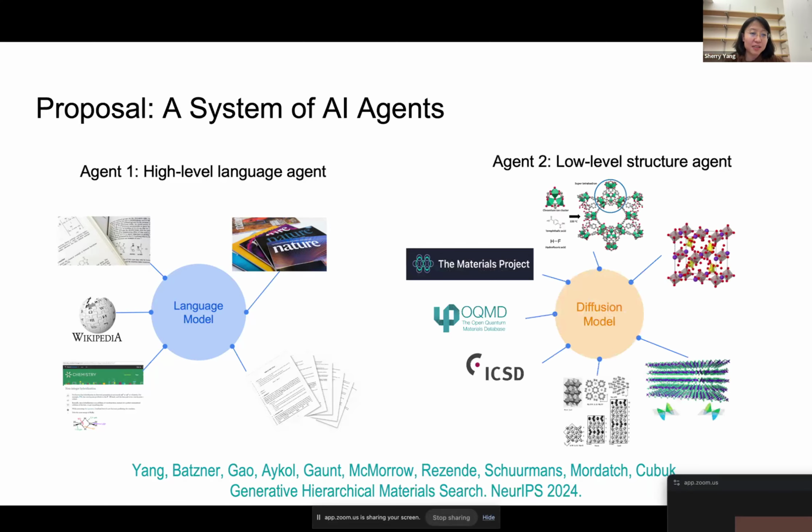Maybe the missing part to complete this pipeline from language to structure is the low-level structured databases, because these databases require some license and they're not in the internet pre-training data for language models. And because they're of a different modality, more like structured data, XYZ locations in 3D space, it's not super clear how we can get language models to be pre-trained on that. As a result, there is a gap. We can't just get direct language to structure from pre-trained LLMs.